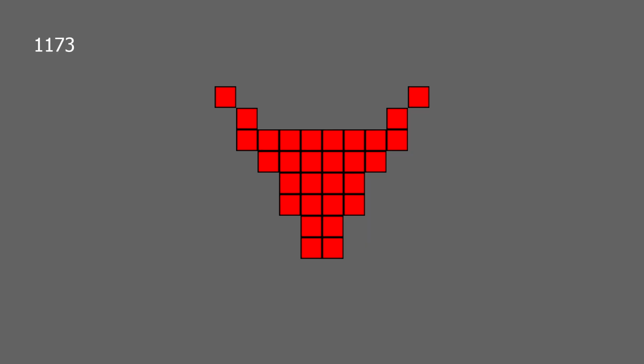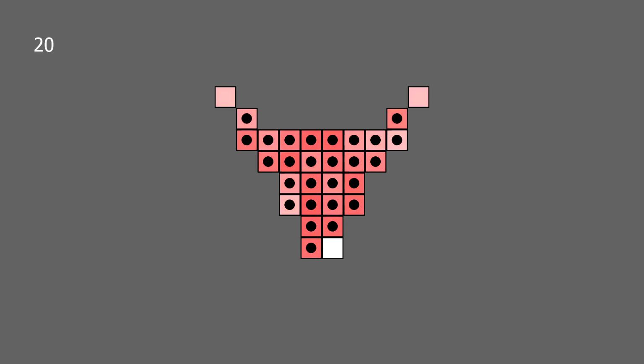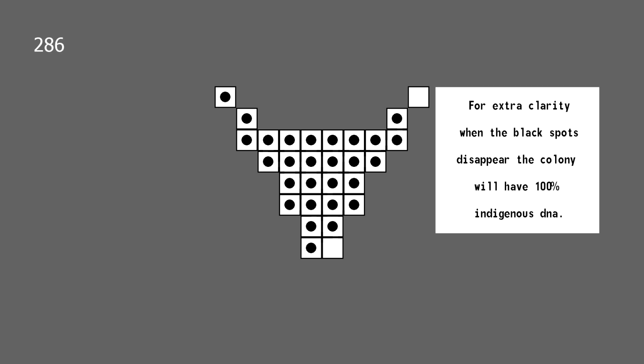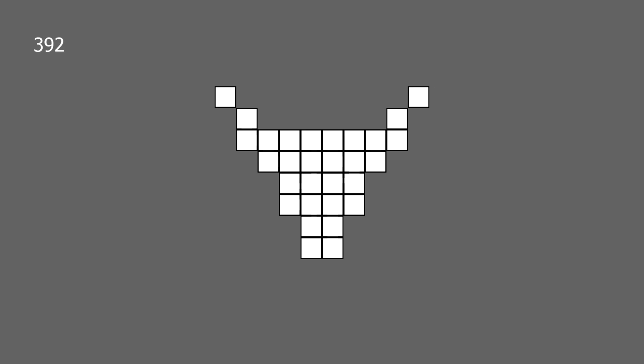We'll start with a full infested red bull colony. But this time, we'll add a white cell constant in the mating pool. In fact, we have 3, just to speed up results. So let's see what happens. And there you have it. The removal of the black spots means the white bull has been purified and our little colony is back to